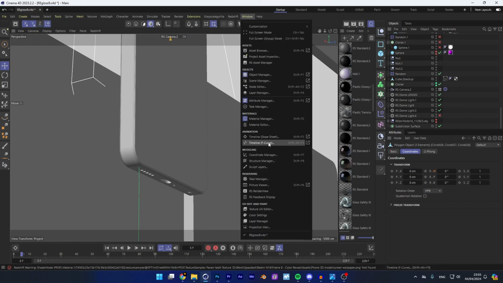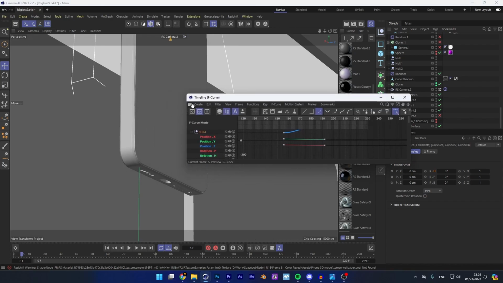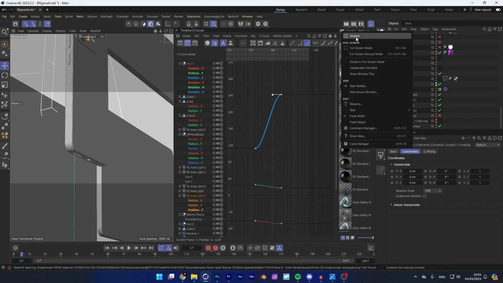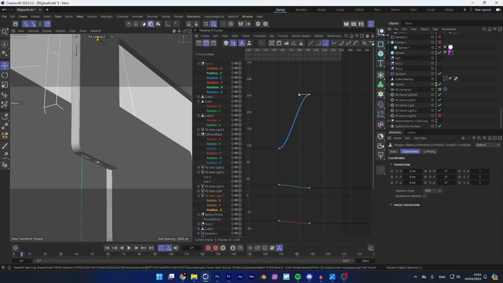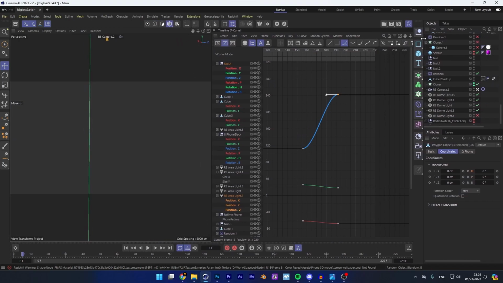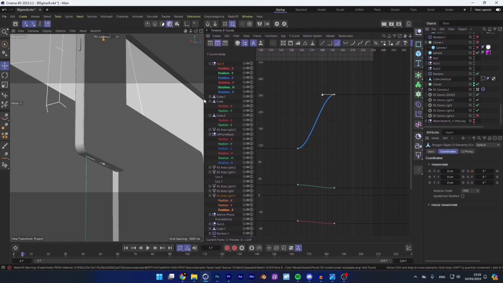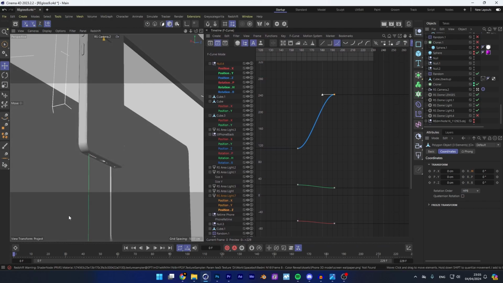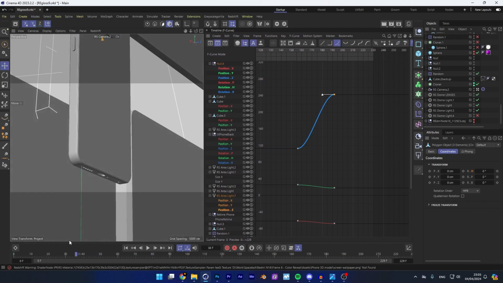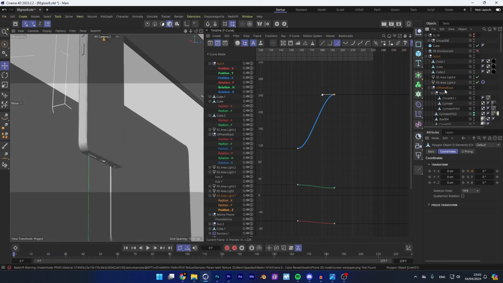We do need the F curve, so I'm just going to put it here. Let's get rid of this, push that all the way there. We don't need much of these things. Okay, so what did I do? We can start discussing the camera first, then we can get to the cubes and the phone. So the camera,